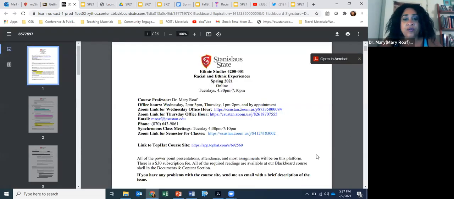link. And the first detail I want to point out for you is I am someone who communicates consistently in a variety of different ways. If you're not sure, like, okay, where's the Zoom link, which I'm going to actually create a folder in Top Hat as well with our class Zoom link, which is the same for the semester. If you're not sure where it is, you can always go to the syllabus and you can access the link here.